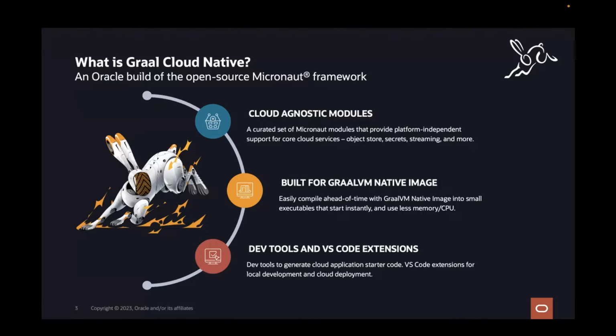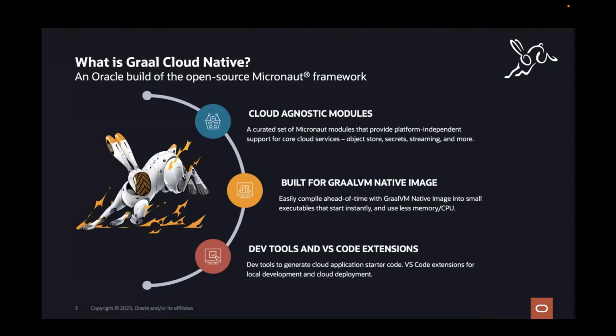GCN modules are designed for ahead of time compilation with GraalVM native image. This means that if your applications use GCN, you can easily convert them and deploy them as native executables. And the advantage is fast startup and less memory as compared to traditional JVM-based applications that you generally deploy as jar files.